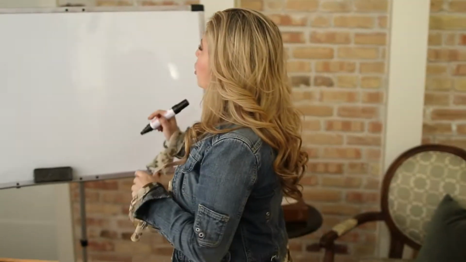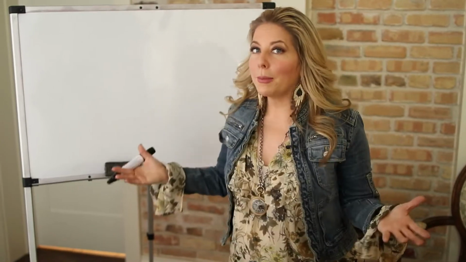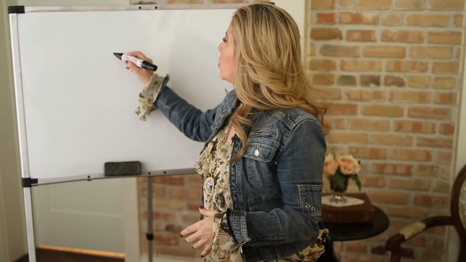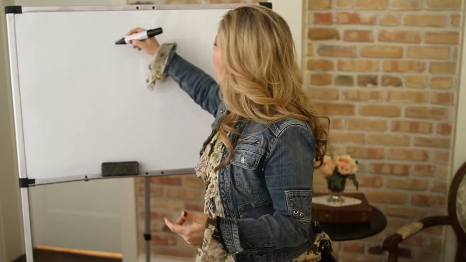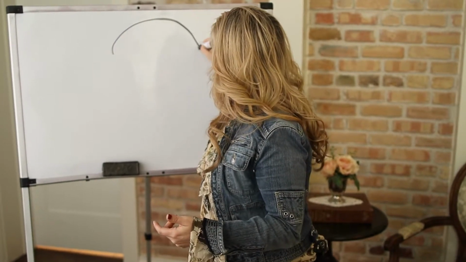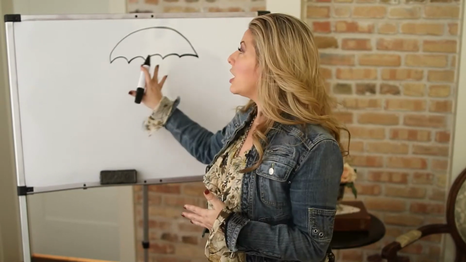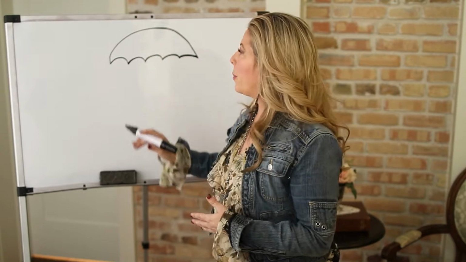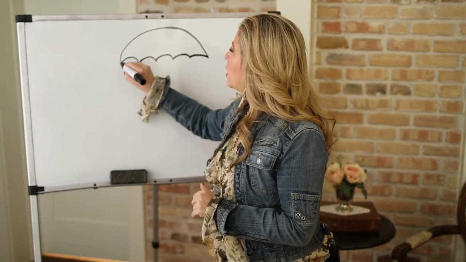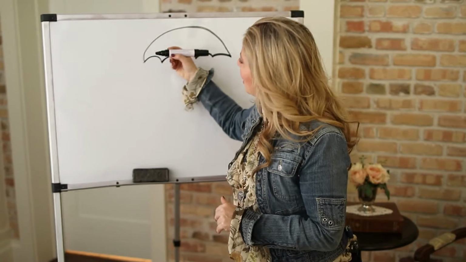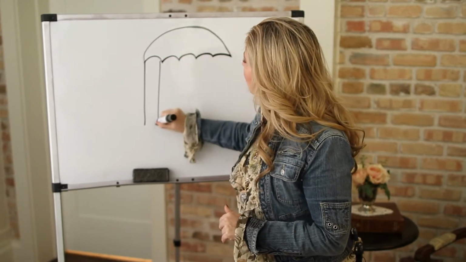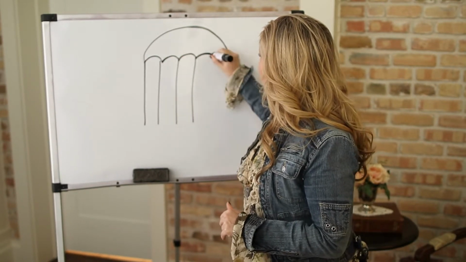So that's what I'm going to share with you over here on my whiteboard. I'm going to draw what I use because we're talking about revenue streams. Let's use an umbrella to visualize that. Okay, so here's my revenue stream umbrella. Now, this is a concept that I picked up from a coach of mine named Jane Atkinson. She wrote the book, The Wealthy Speaker 2.0, and she uses this concept of the revenue stream umbrella. Now, I'm going to use it a little bit differently, but I wanted to acknowledge the genius who created this concept. So think of these as the revenue streams that come off of your umbrella.